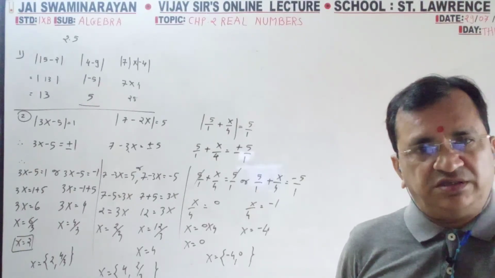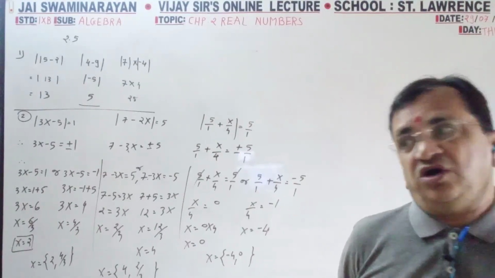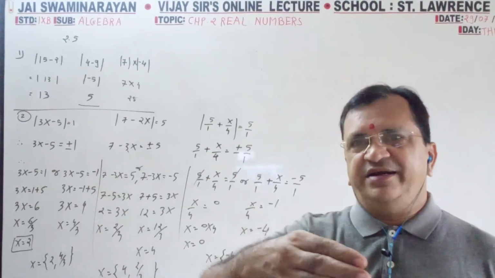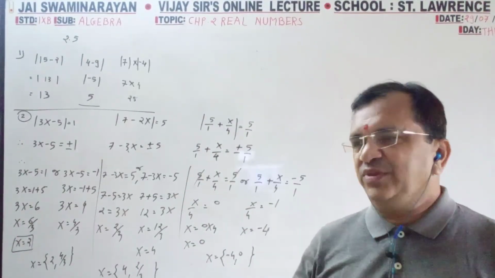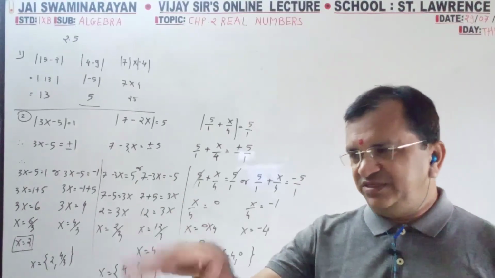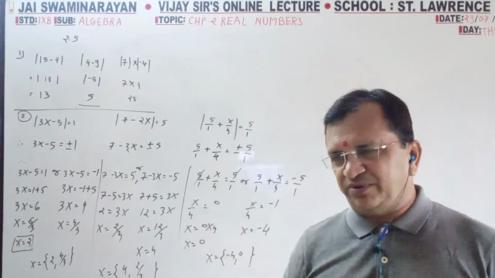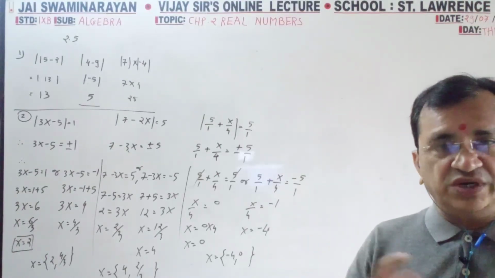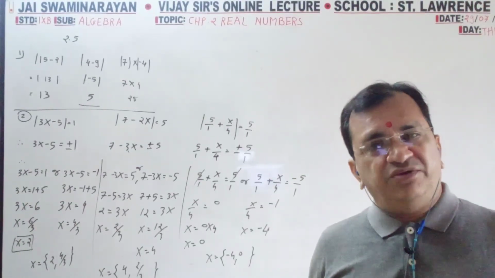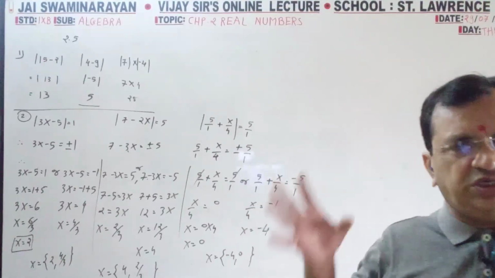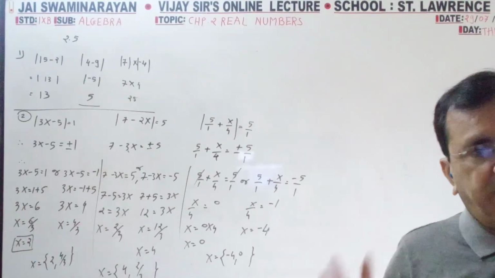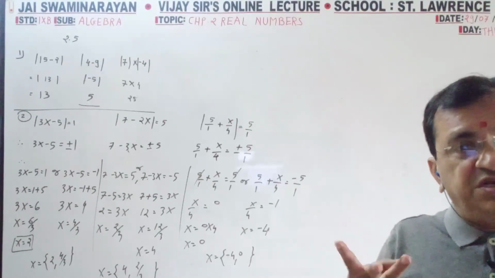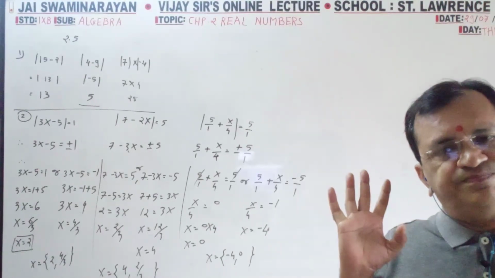So read the question, solve the question, match your answer with ABCD. Students are reading the question, reading the answers, and guessing which one is appropriate. Don't do that orally. And you have enough time: only 20 questions, 20 marks, 1 hour. Per one mark, 3 minutes, more than enough.